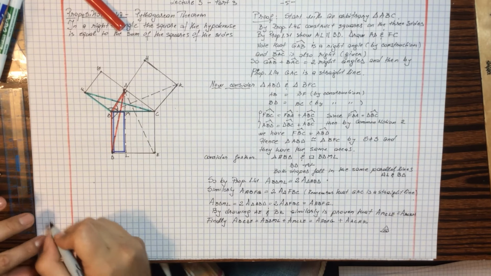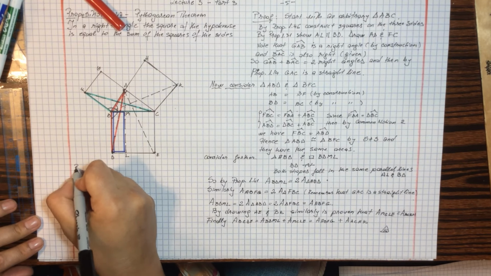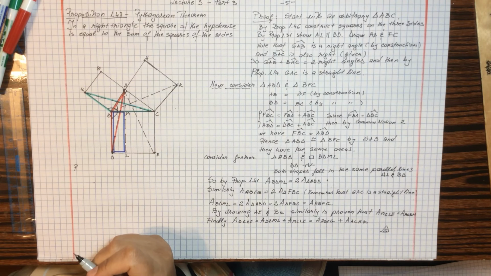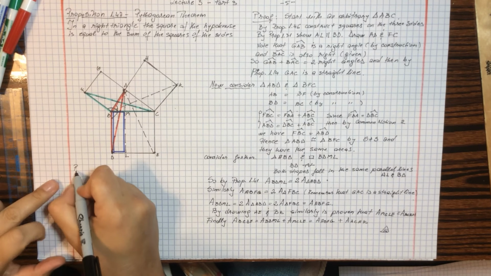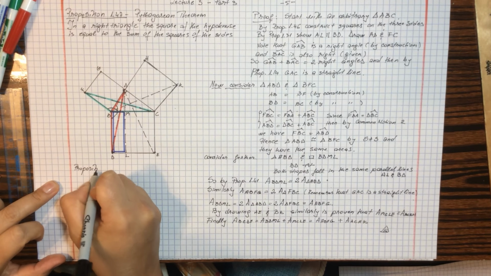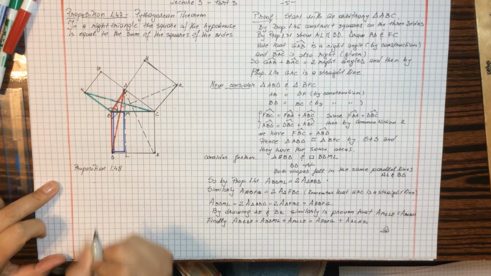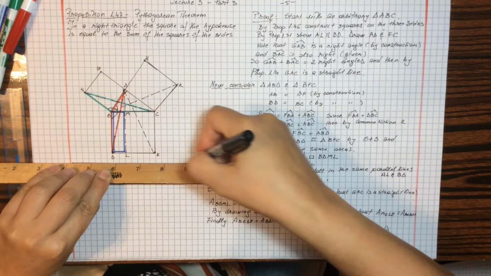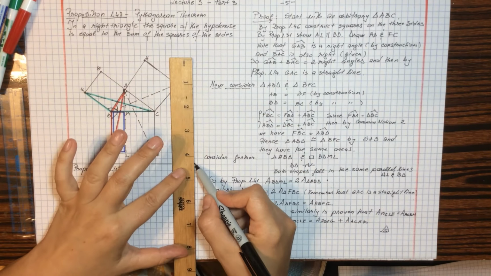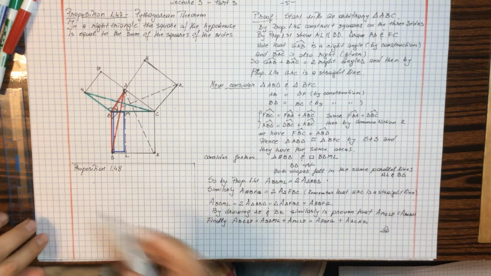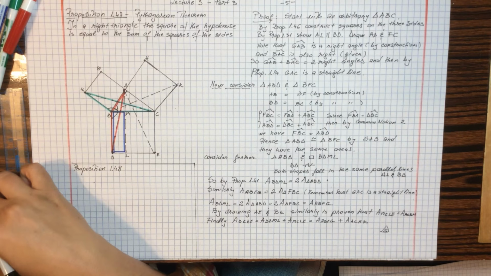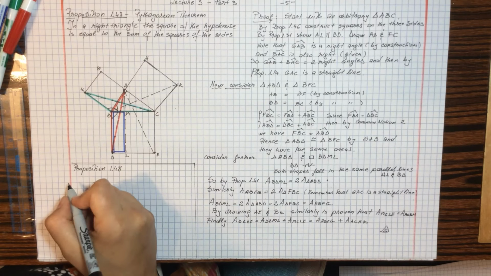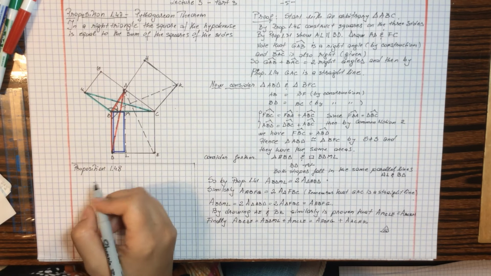Okay, I'm just going to state here proposition 48. Proposition 48 is nothing other than the converse of the Pythagorean theorem. I'm not going to prove it. It is just the converse of 47. It says the following: